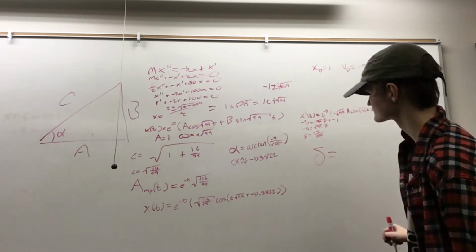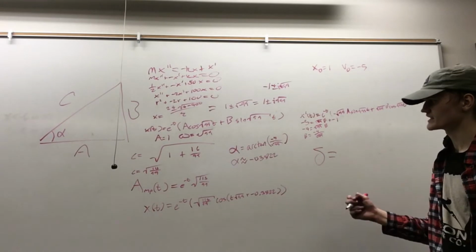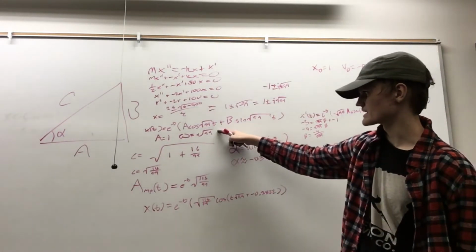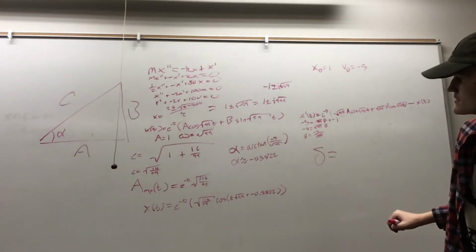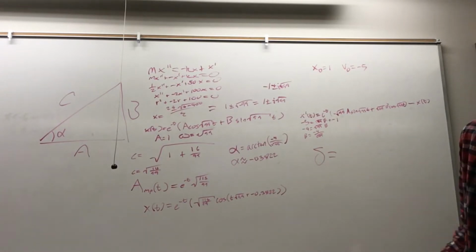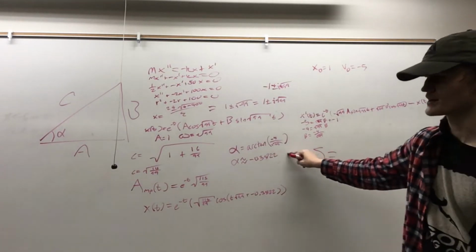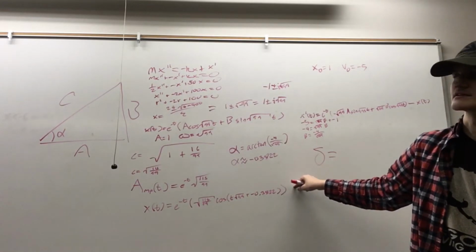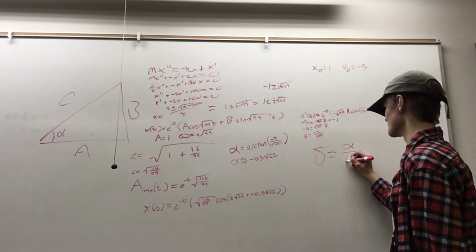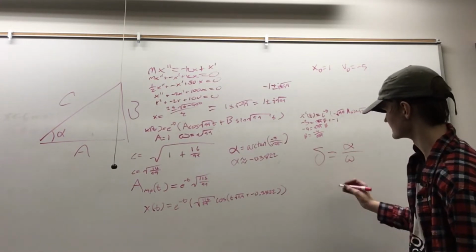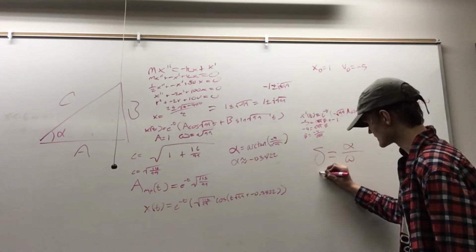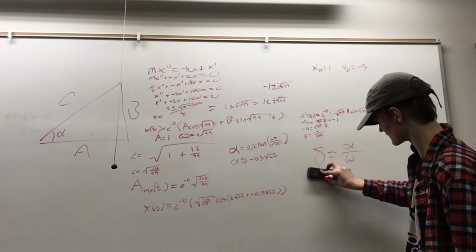Equals. Let's think about this. So I want to find out how long it takes to do this distance, going that many radians per second. So square root of 99 radians per second. We want seconds, so we take radians divided by radians per second. So delta is alpha over omega. And then that is simply delta, the time lag,